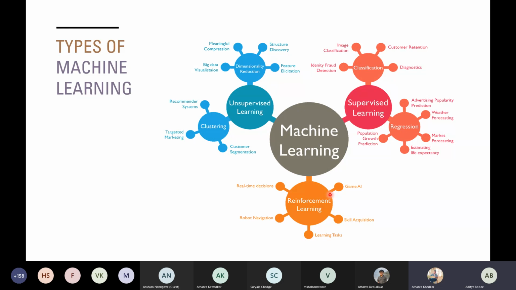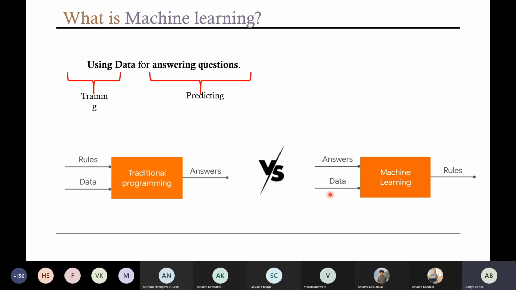AlphaGo was a system developed by DeepMind Technologies, which is now acquired by Google. It was able to beat the human world champion. That is how powerful reinforcement learning is. In the case of chess, you have some 18 or 20 moves, but reinforcement learning is able to think about 10 to the power 90 moves at the same time. A lot of calculation is involved in reinforcement learning. Okay, we will move forward.